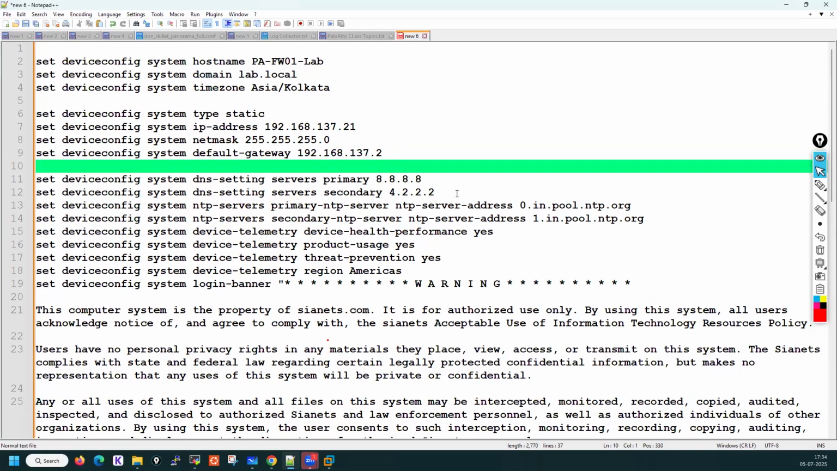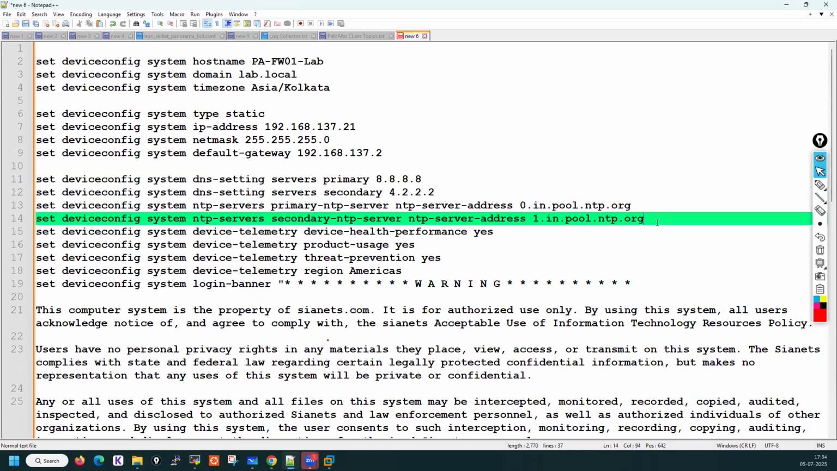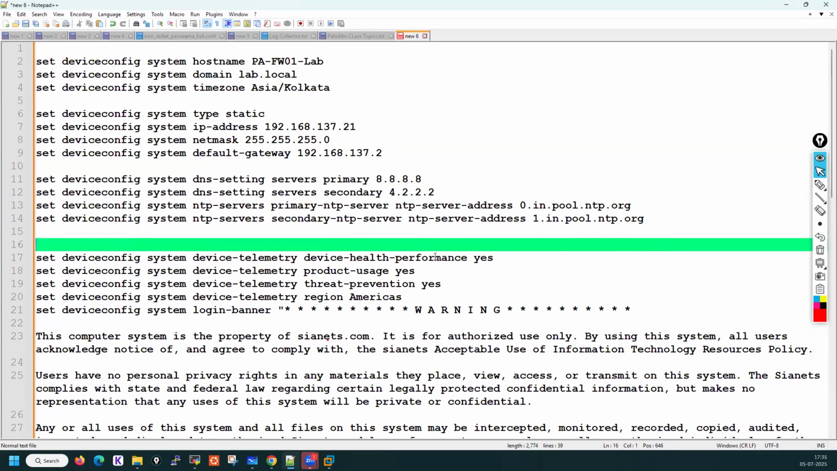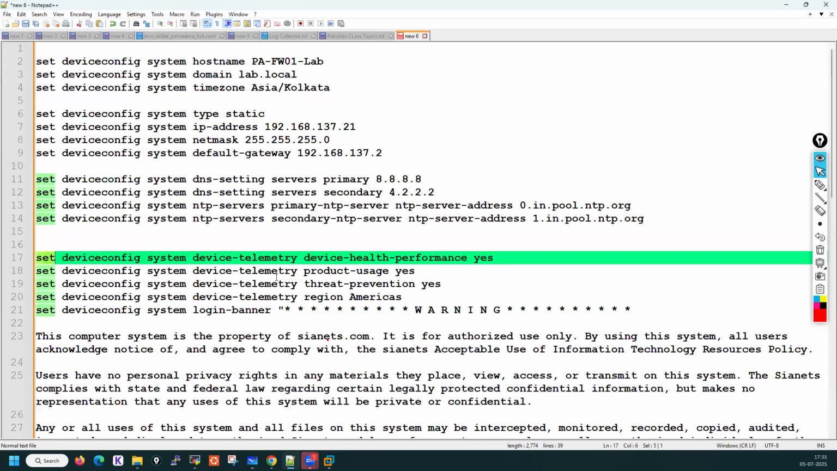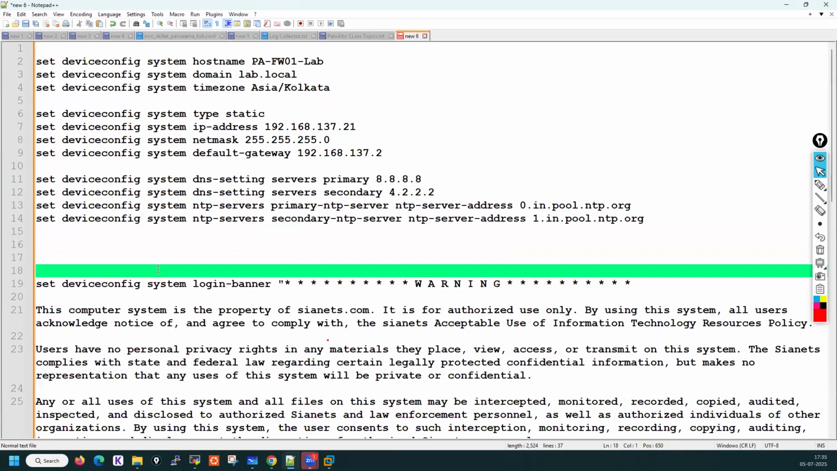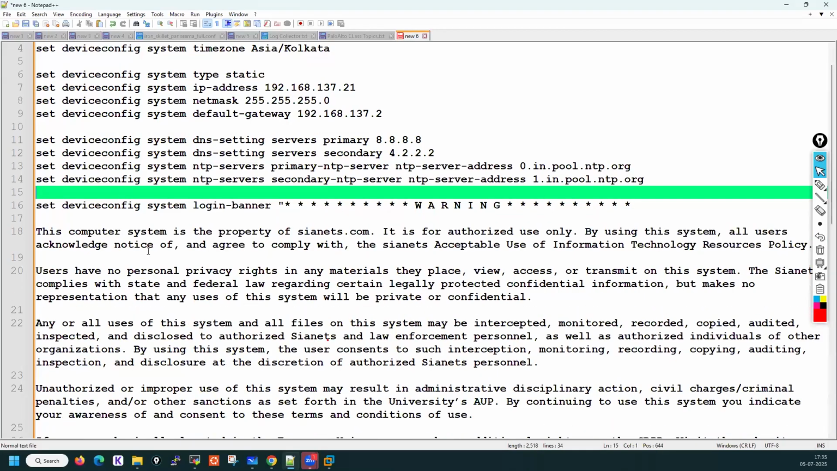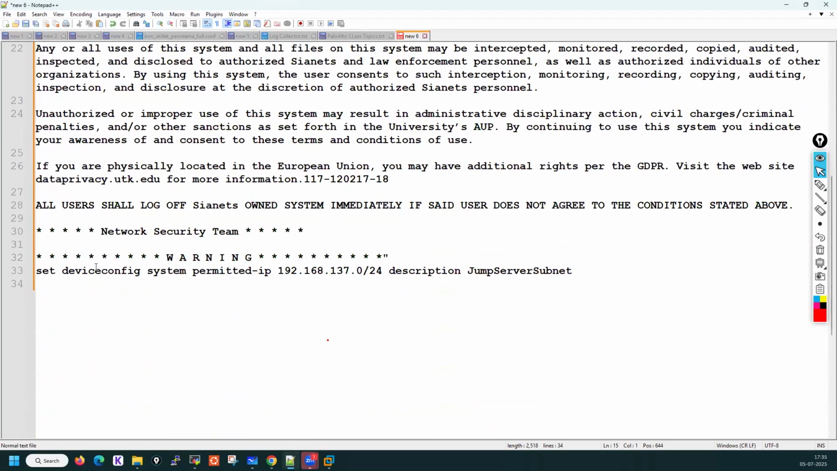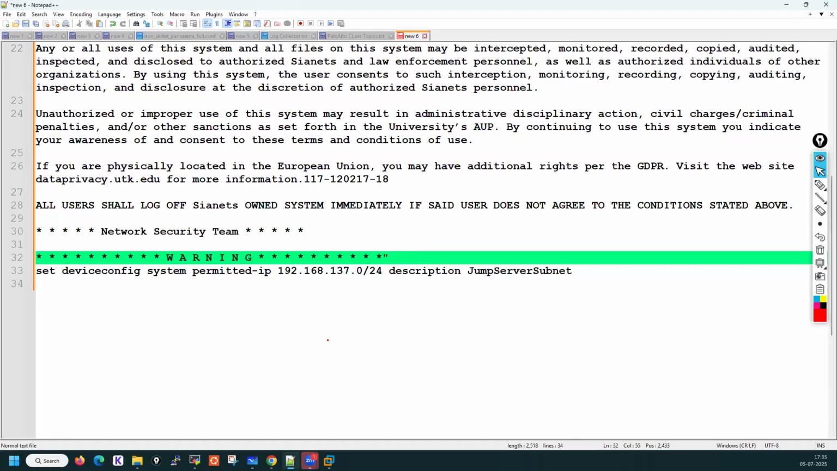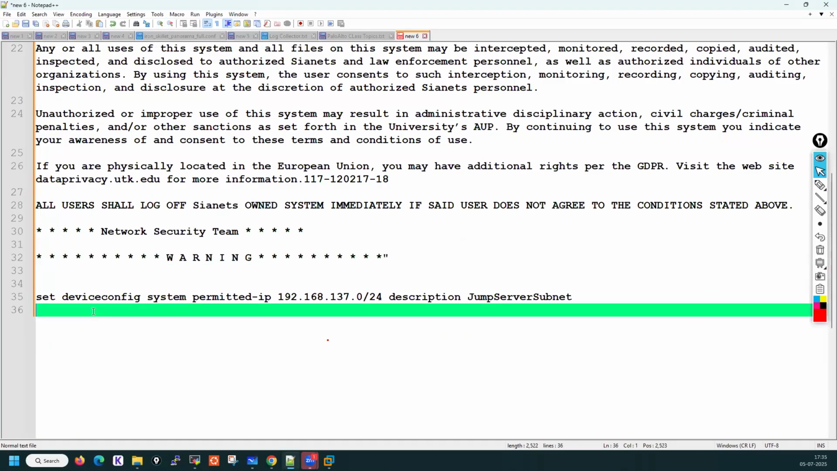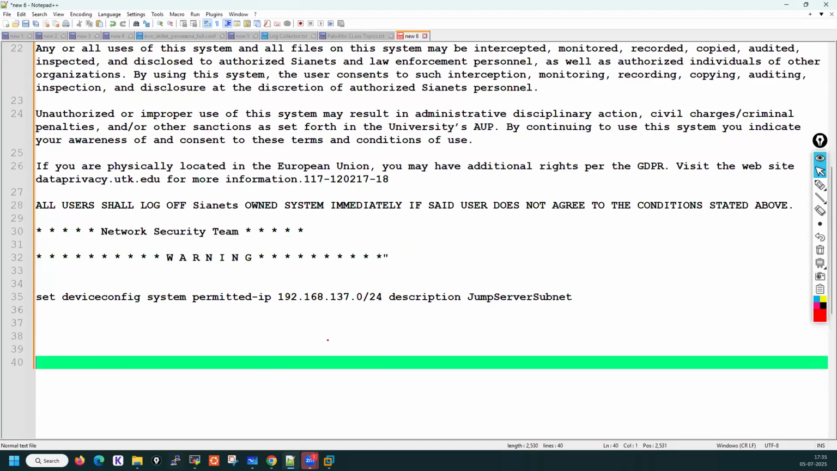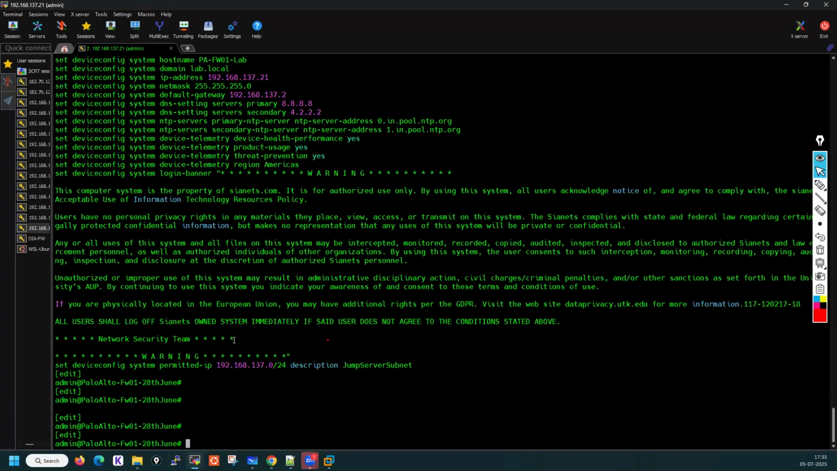This is for DNS settings. Then we have NTP settings. Telemetry I can also remove. Then we have a network banner. Now this is for permitted IPs. And if you will type so,